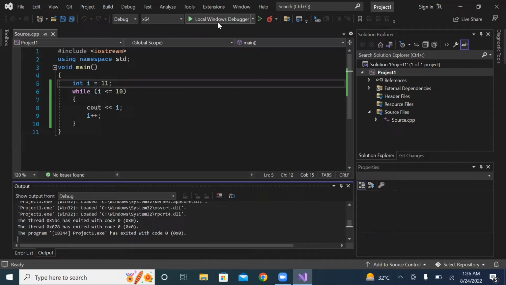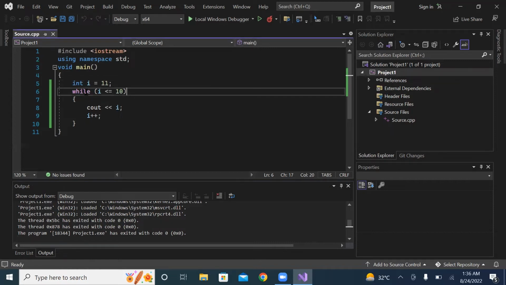Okay, so we can say that whenever we are using a while loop, first the condition is tested, and after that the body of the loop is processed. If the condition is true, the body of the loop will be processed. If the condition is false, the body of the loop will not be processed. So if the condition is false at the beginning, the loop will not be executed. On the other hand, if we are using